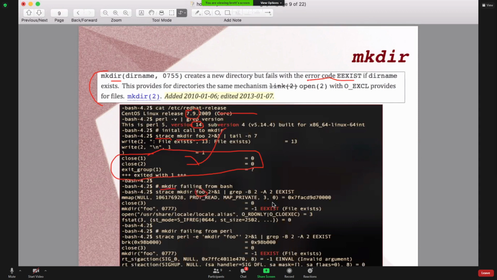Since it already exists, this is the system call here. It's throwing this exists error because it's telling us that the file exists. Sorry, I'm not the best at reading strace, but I was able to show also that